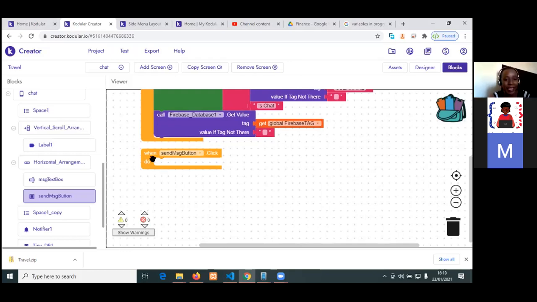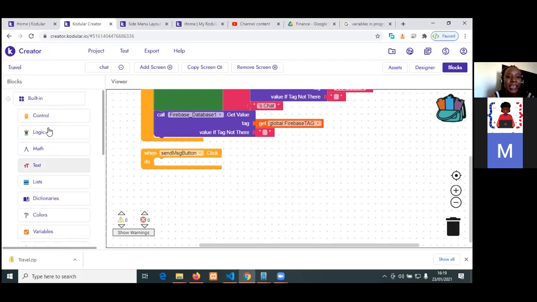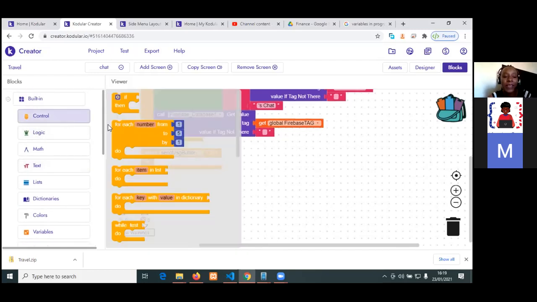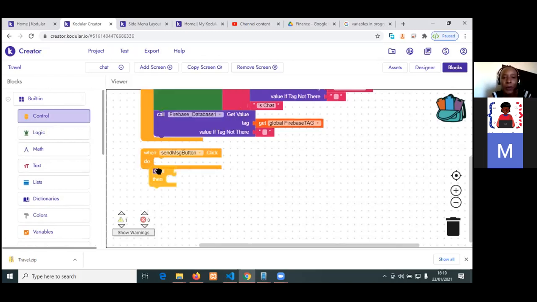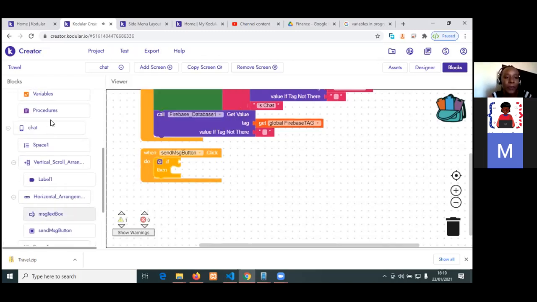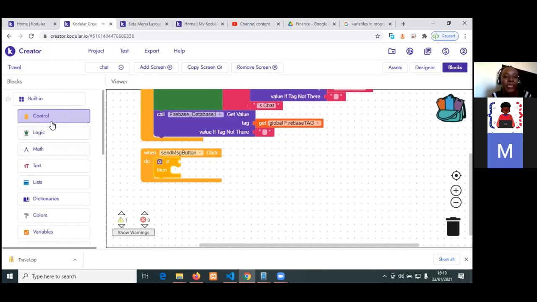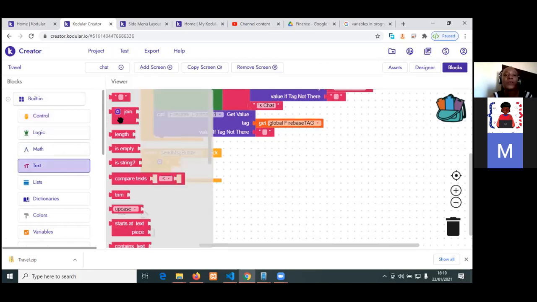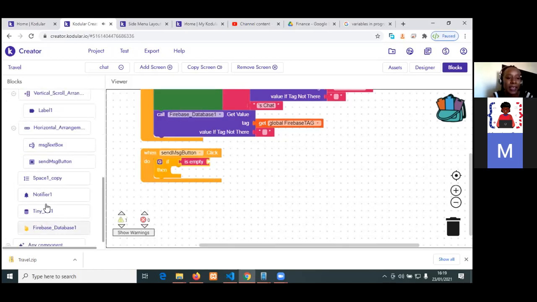So we are saying when send message button dot click, what should happen? We have to check if that text box is empty. So we put an if is empty, okay? We put an if from the control section. I'm sure right now you're familiar with most of the items. So we say if is empty, we come to the text section, is empty,